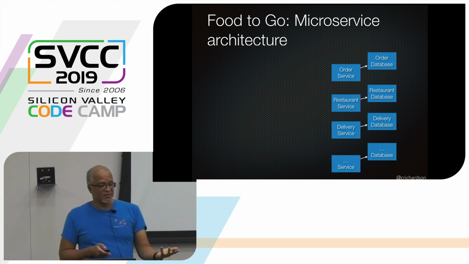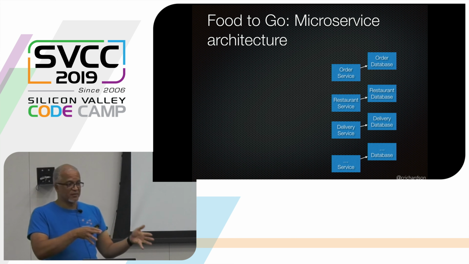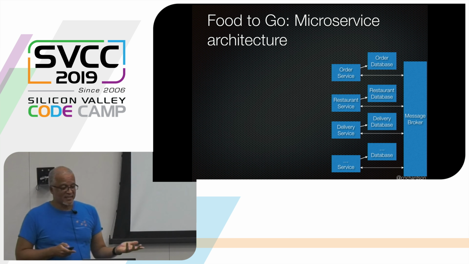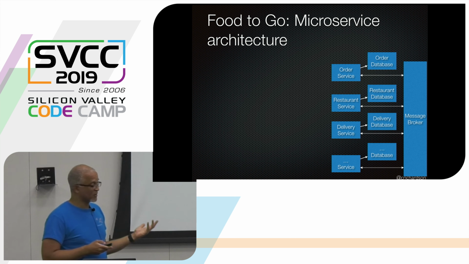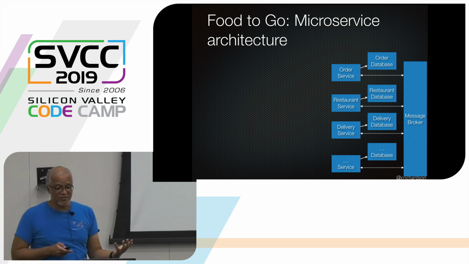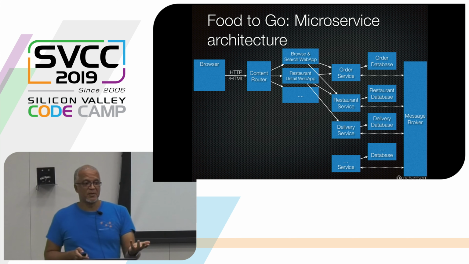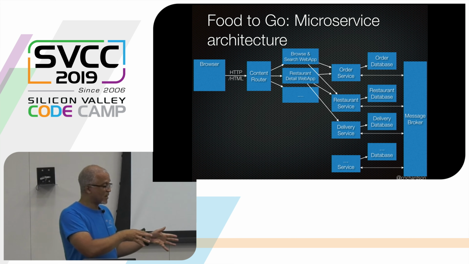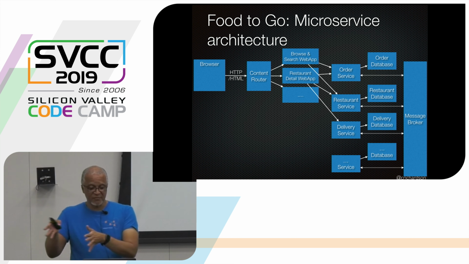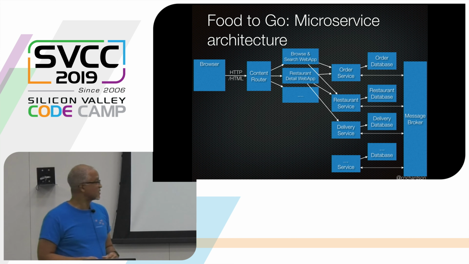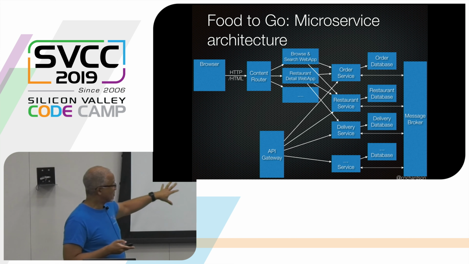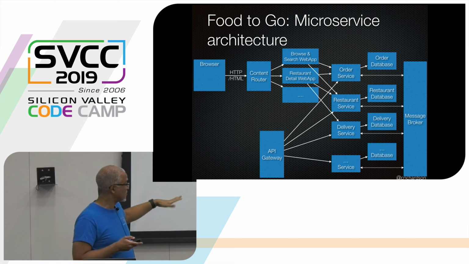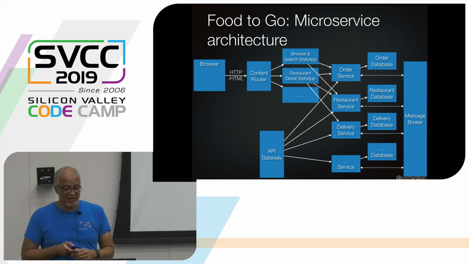Each one of them has its own database, which is important for loose coupling, and I'm going to talk about that more later. They might actually communicate via a message broker for reasons I'll get into. You can functionally decompose the front end as well, like different server-side web applications responsible for different parts of the user interface. If you're exposing an API to the outside world, that's typically done with an API gateway.